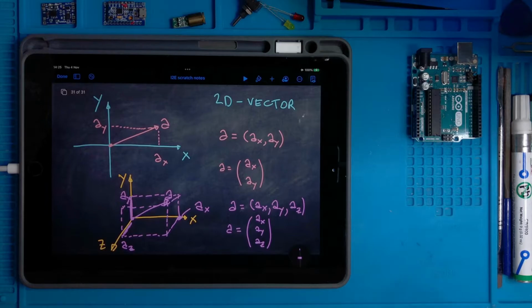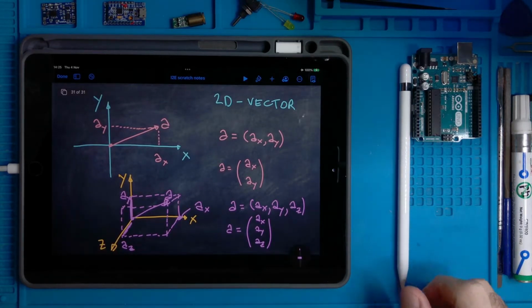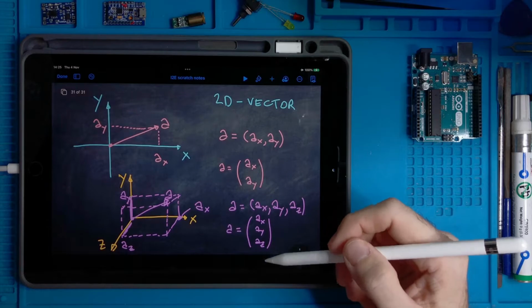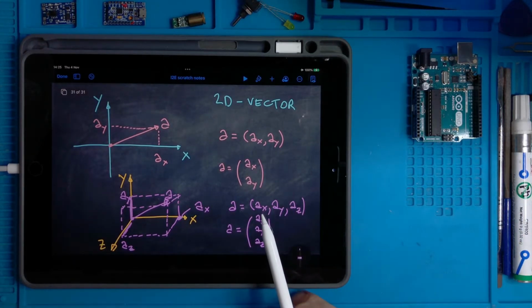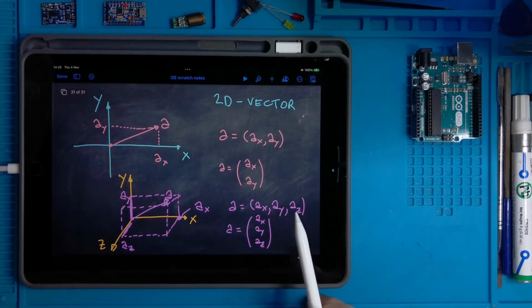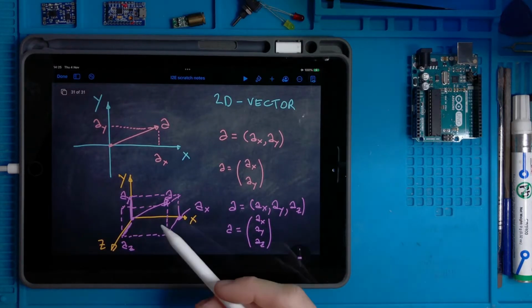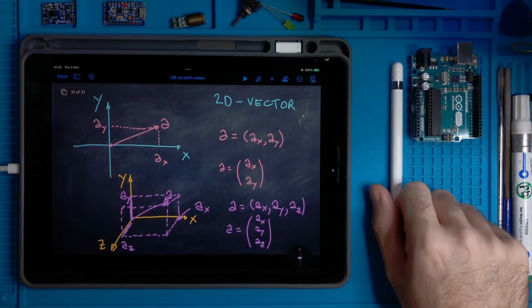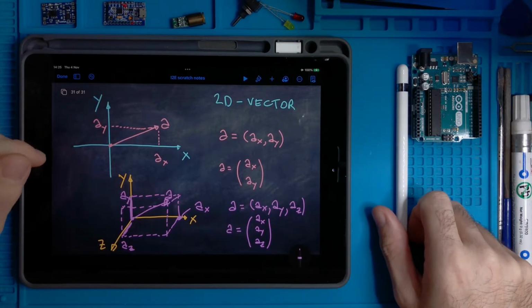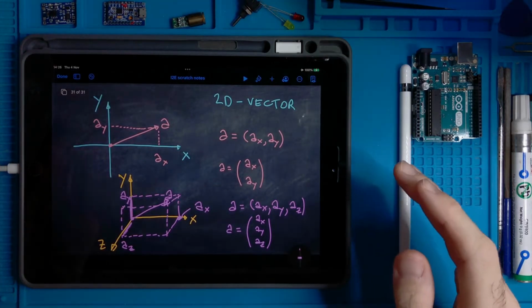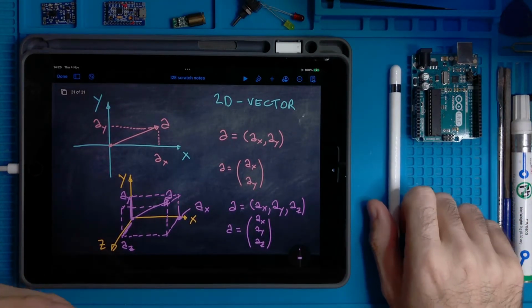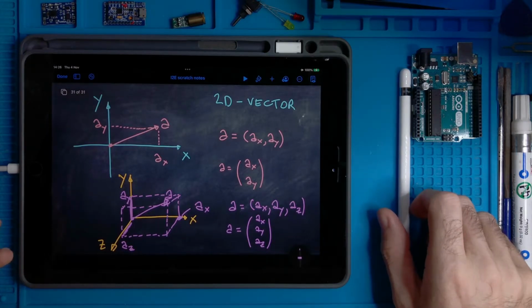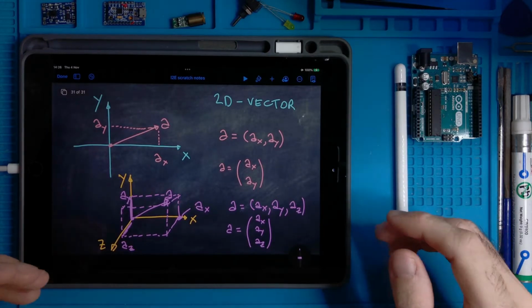So now we have to stop drawing, because you can imagine that by extending this concept, for instance, to 4 dimensions, I will have something like AX, AY, AZ, comma AW, for instance, but then it's difficult to do drawings in more than 3 dimensions. But ideally I can think of having objects like this as long collections of numbers, somehow associated to an abstract idea of a vector as a list of numbers.